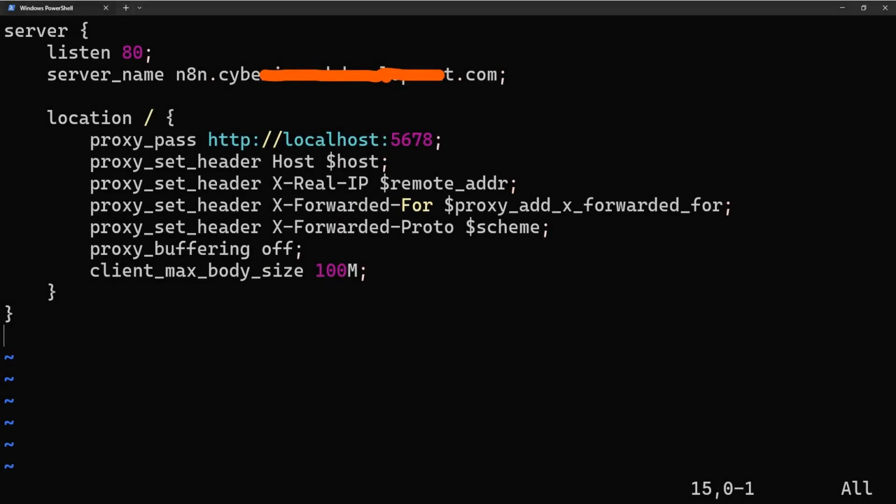Let's break down what's happening in this Nginx config file. This file sets up your Nginx reverse proxy for the n8n subdomain. We're telling Nginx to listen on port 80 for incoming HTTP requests on your chosen subdomain, like n8n.yourdomain.com. Inside the location / block, all traffic is forwarded or proxied to the n8n app running locally on port 5678. We pass along important headers to preserve the original host and client IP address, so n8n knows who's really